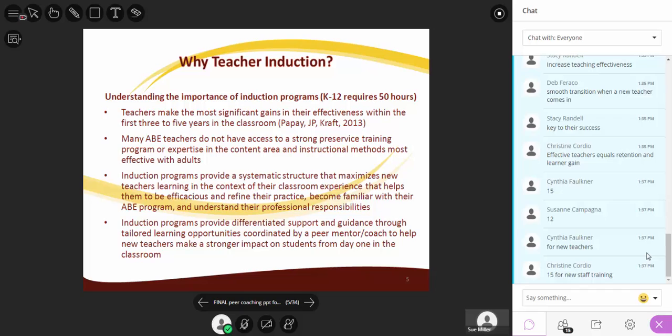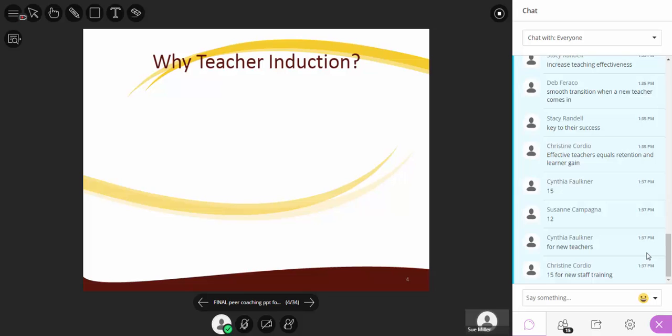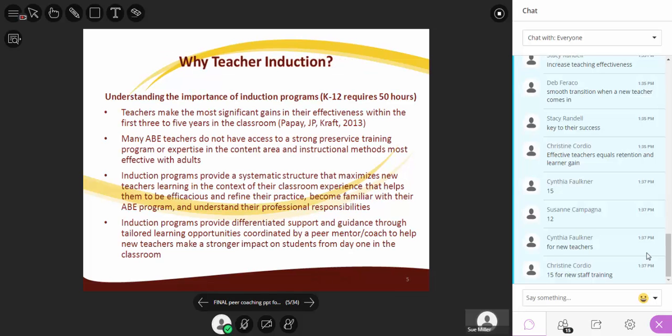For the third bullet, induction programs provide a systematic structure. When you start developing it at your program, you can make sure there's a systematic structure that all new teachers will be able to engage with. And one thing that was really important: how does it differ from other PD